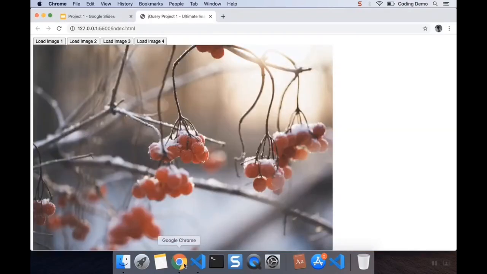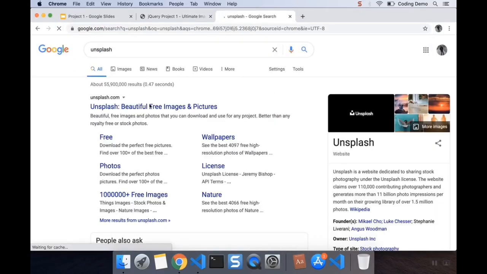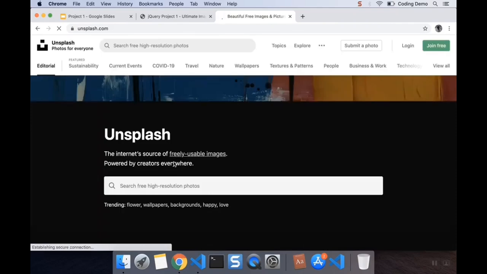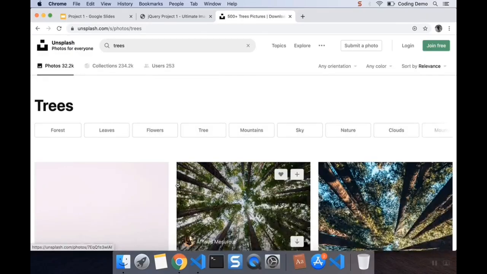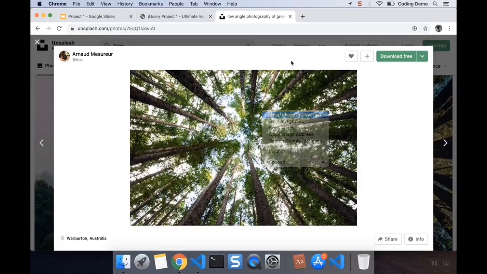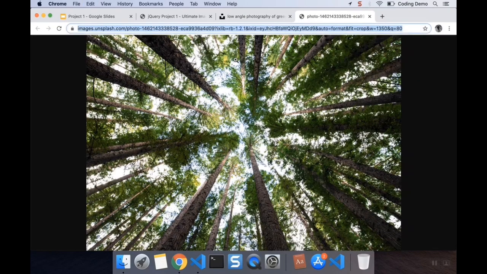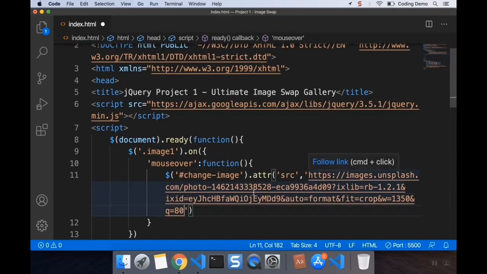So let me find some URL. I usually use Unsplash.com's images. They're free to use, as in the license is free. So I just use these images. I like these images. So what I will say is let's say trees, and let me open this up in a new tab and just copy over this link right here. Right, so just paste it. Now the image size is too big, so I'm just going to change the width to 900 pixels. Save it,